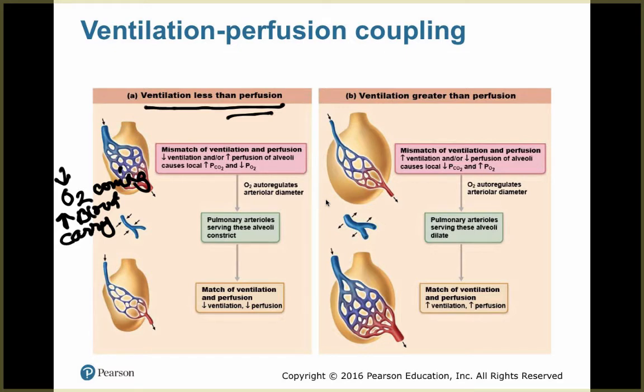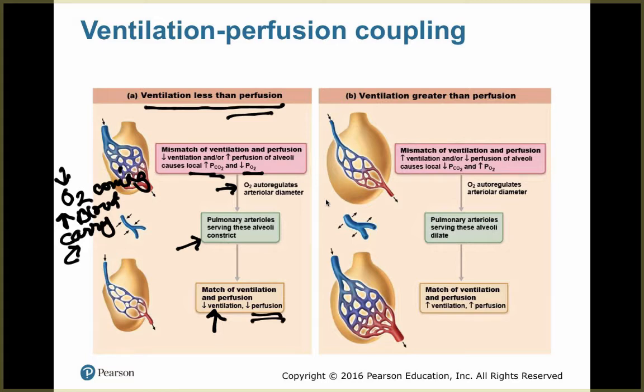Then what happens in the local area, because blood is able to get to the oxygen really well, you're going to have more carbon dioxide and less oxygen in those two. So O2 levels can be regulated, and that's going to be through the arterial diameters. So from here, pulmonary arterioles serving these alveoli are going to constrict. So when they constrict, that's going to reduce perfusion, and it'll be able to match basically the amount of ventilation